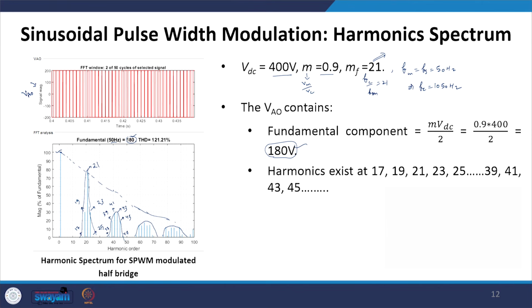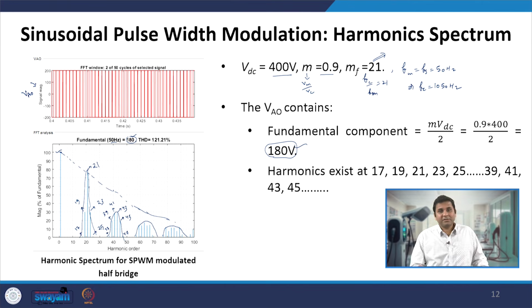Now here we have discussed DC to AC operation. Similarly, the same thing will happen in AC to DC operation. In AC to DC operation, we are applying a fundamental component of AC and we want a DC. So it is the same concept, but we have to see it from the other side, and we can easily implement this concept in AC to DC converters.